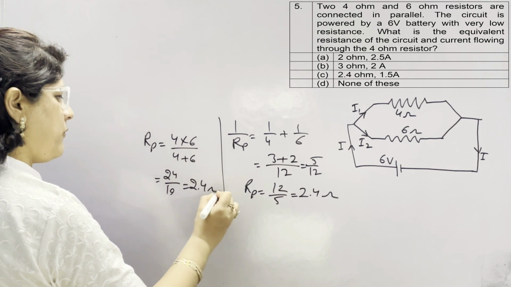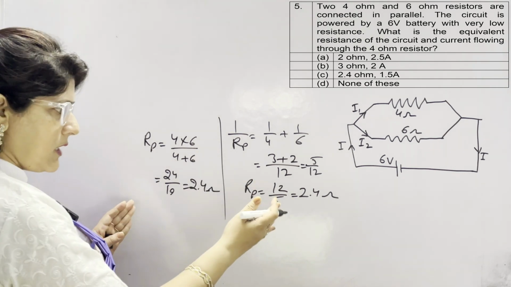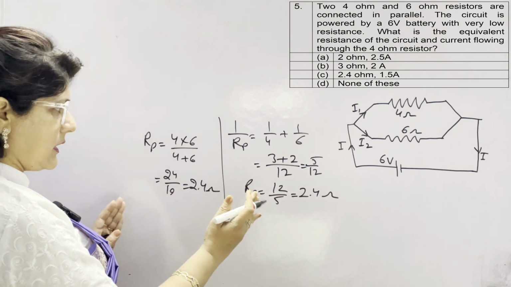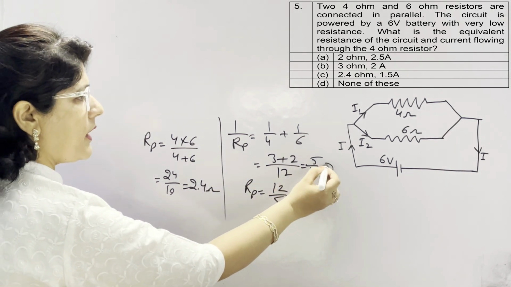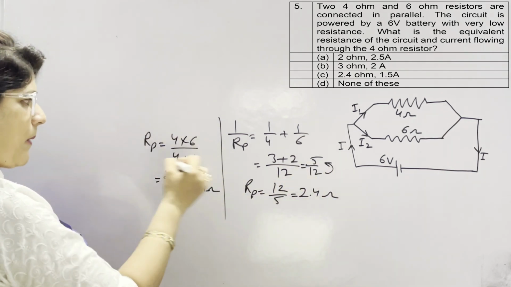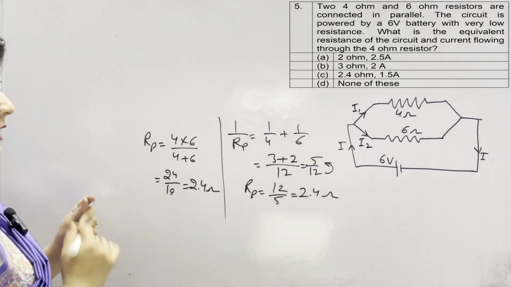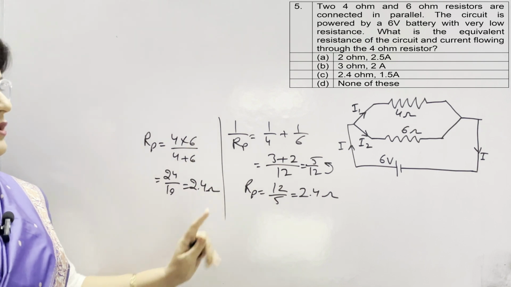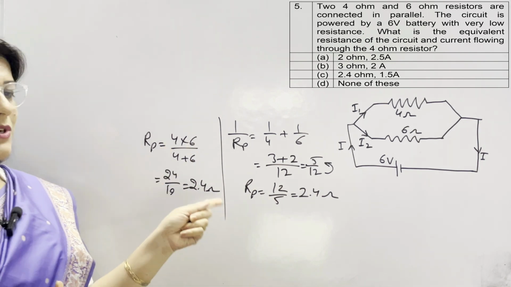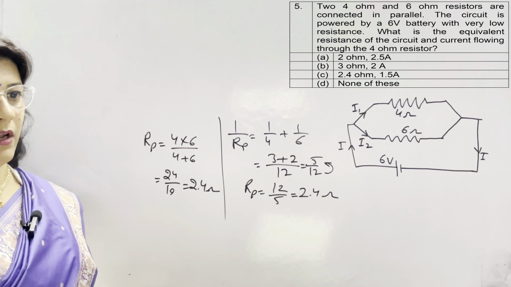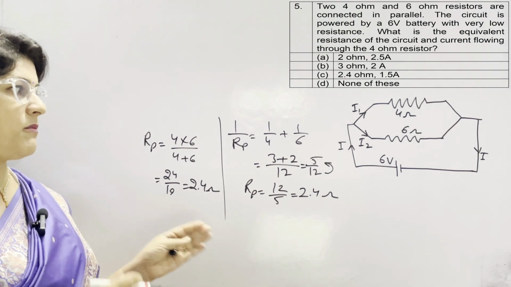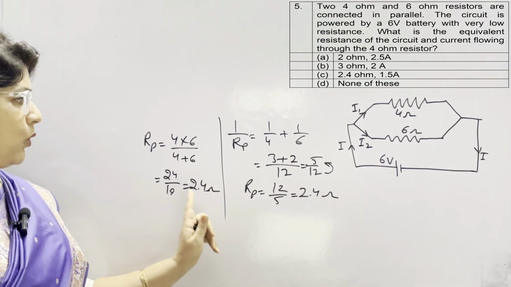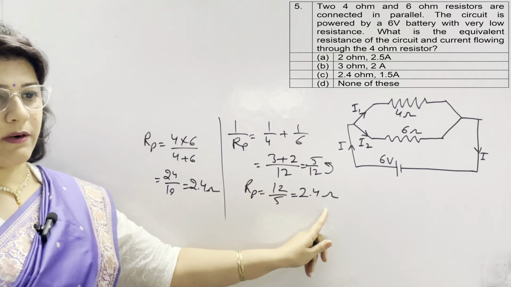It means 2.4 ohm. आपको जो मेथड अच्छा लगता है आप कैलकुलेशन के लिए यूज कर सकते हैं, बट यहाँ पर ये रेसिप्रोकल लेना आपने भूलना नहीं है. इस फॉर्मूले में आपको रेसिप्रोकल सिंपली करना है तो इसमें गलती की चांसेस नहीं है, बट वट एवर मेथड यू फाइंड इजी यू कैन चूज. गलती नहीं होनी चाहिए क्योंकि ये क्वेश्चंस आपको कंपल्सरी सेक्शन में आने हैं. 2 मार्कर क्वेश्चंस हैं, कंपल्सरी सेक्शन में आएंगे ही आएंगे. So 2.4 ohm is the equivalent resistance.